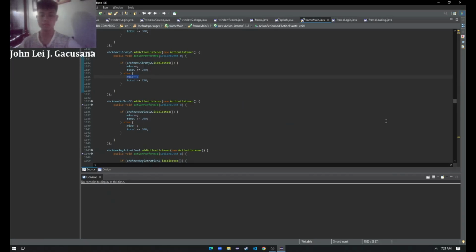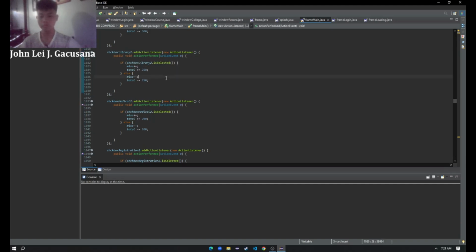Today I'm going to discuss the calculation part of our button interaction in the code snippet. Each subject has its own pricing, which is managed through the action listener attached to the checkboxes. For example, in this part, we can see that the library checkbox is connected with the action listener.